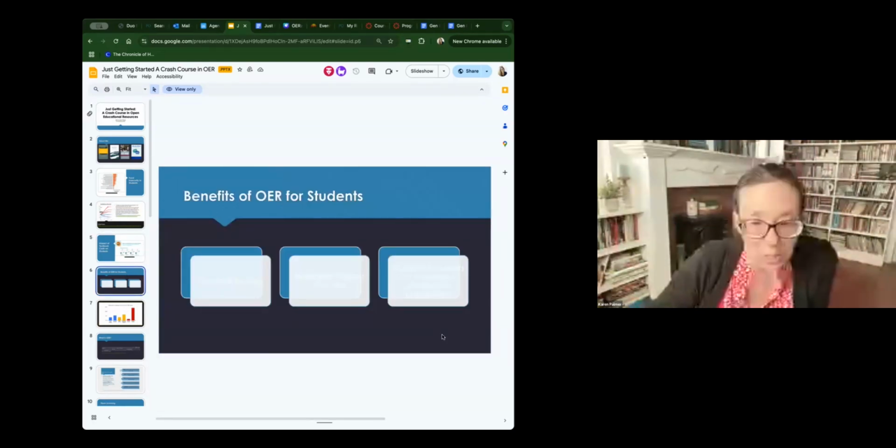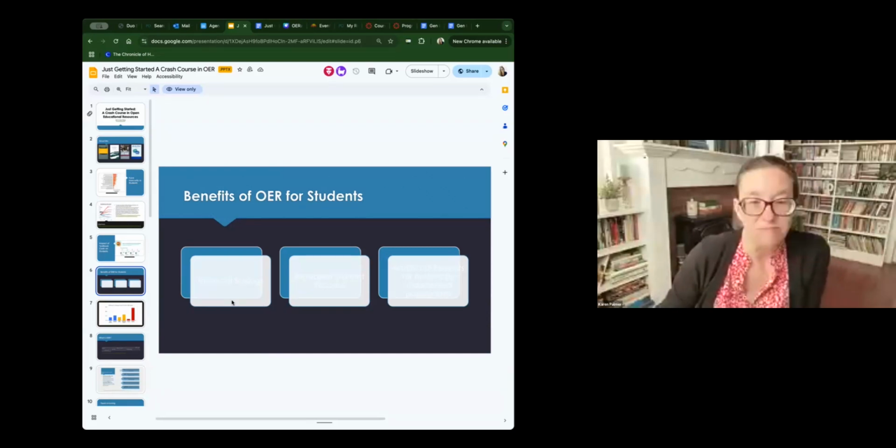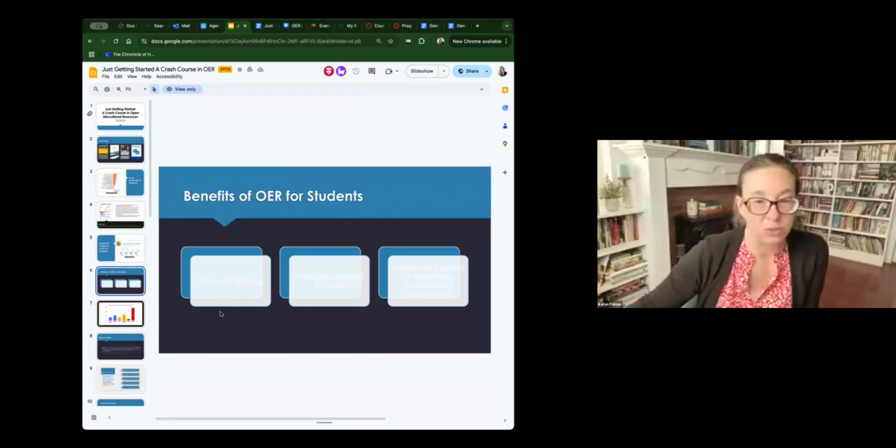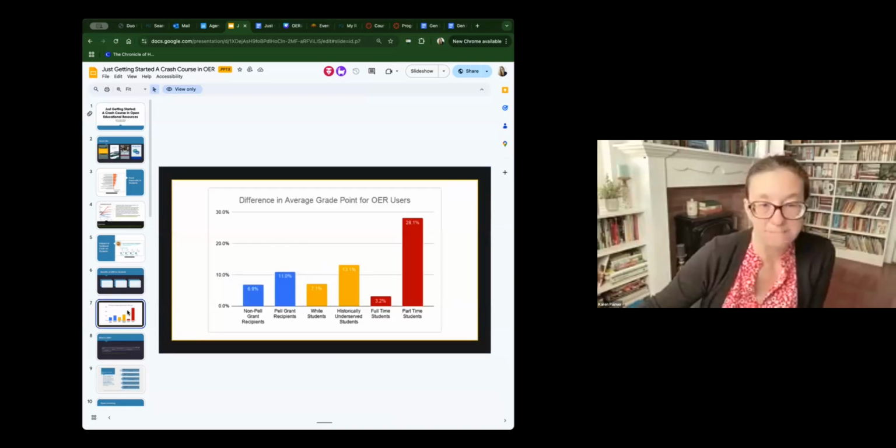So, oh wow, this slide didn't come across very well, but obviously OER benefits students by saving them money. It increases their success because they have access to the materials, and there are additional benefits for historically underserved populations. Here's a quick graph on the difference in GPA for OER users. So in case you weren't convinced,